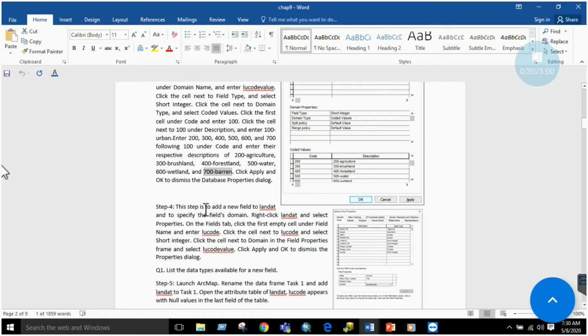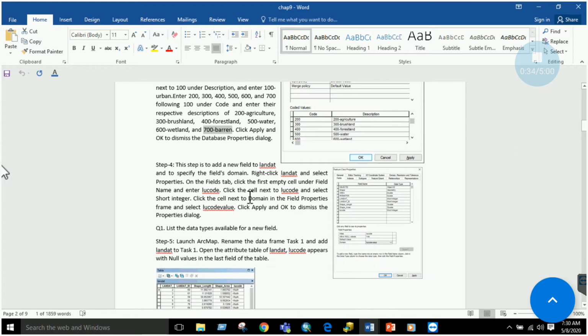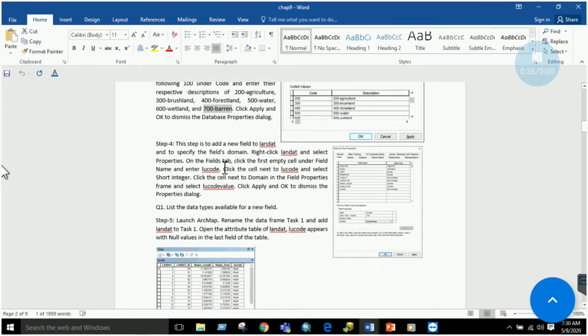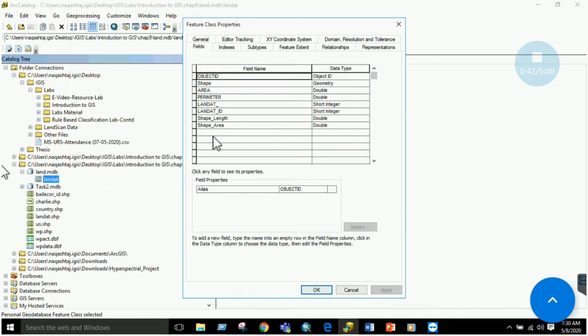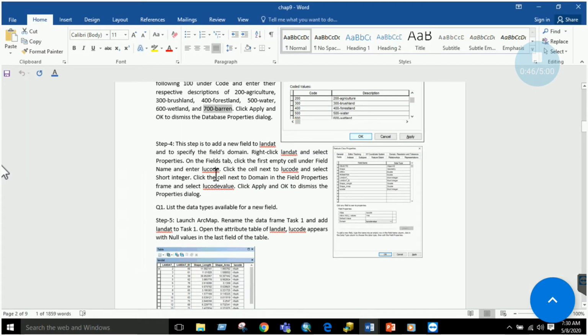Now the next step is to add a new field to land at, right? So that is very simple. What we have to do is to select our feature class right over here, go to its properties section and add a field here in the field name. So the document asks you to add a field LU code.